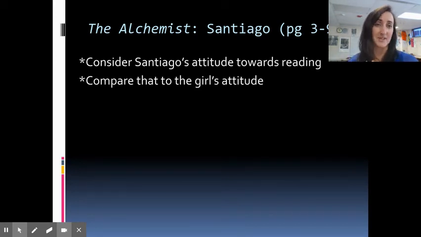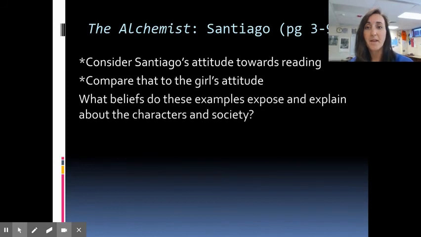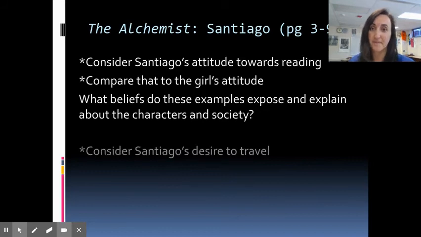Right? We see that's part of his struggle as a character, is he wants to go do these things and people keep telling him he should be choosing something else. So this helps us get into Santiago and society within the first 6 pages just by pausing about that. And that's going to put little seeds for this larger theme. Now let's talk about his desire to travel. There's a huge part of this book that leads him into his adventure.